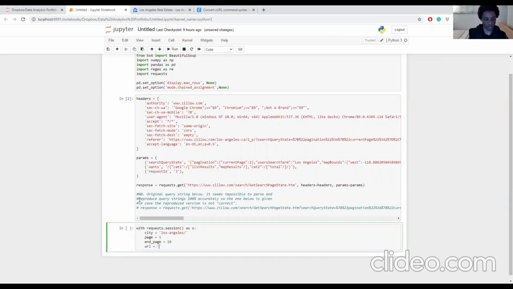Creating an empty null for URL, and I'm creating a URL list, empty list for URL list, that I'll use in my loop. So I'll create a while loop here, and while the starter page is less than or equal to the end page,